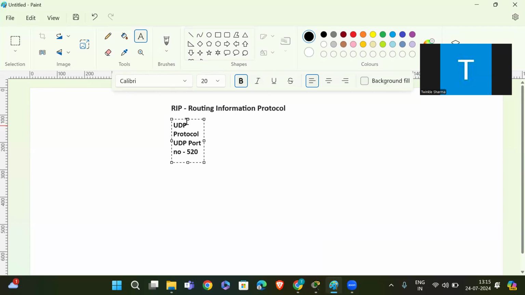The algorithm for best path is Bellman-Ford. Maximum hop count is 15.